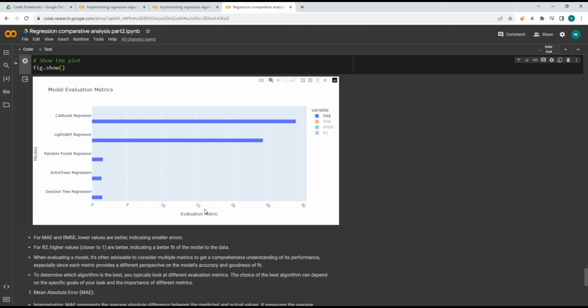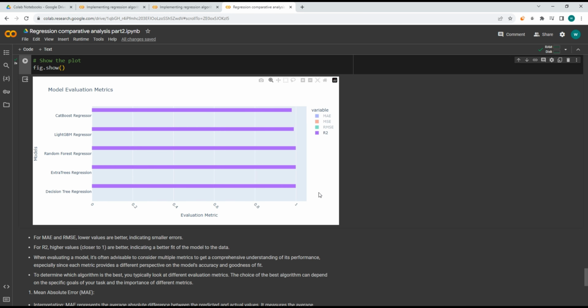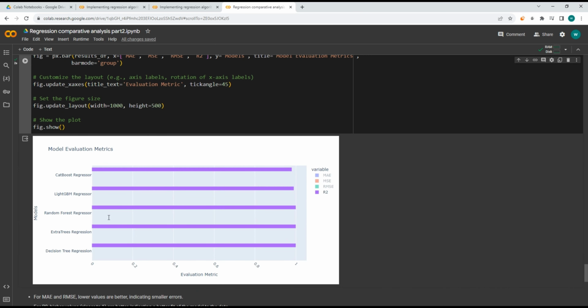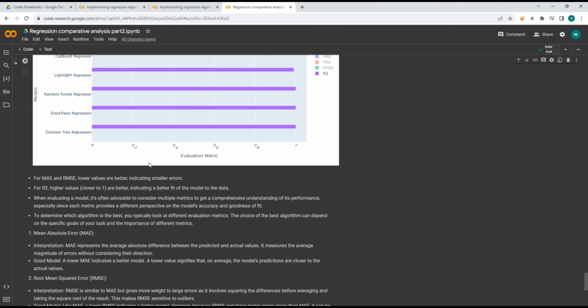With the least mean absolute error. So if we want to see the results or display results for the R squared score, we saw that most of these regression algorithms were performing quite well, as you can see from the R squared score. So generally, in summary, I'm going to summarize what we have